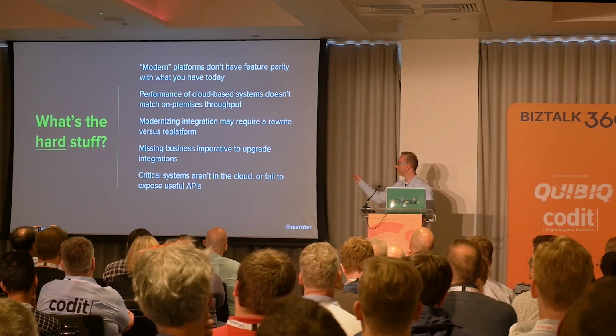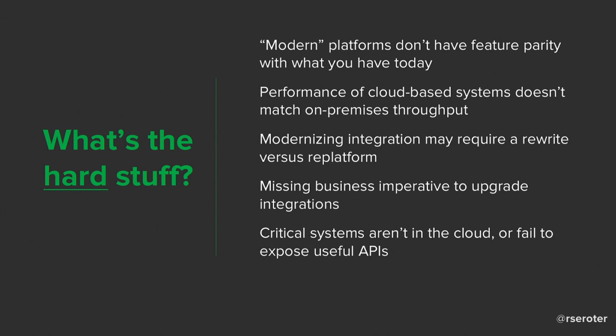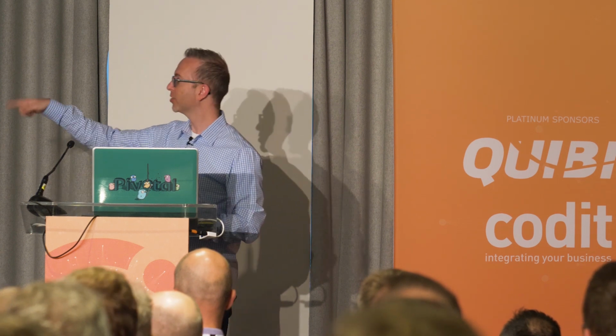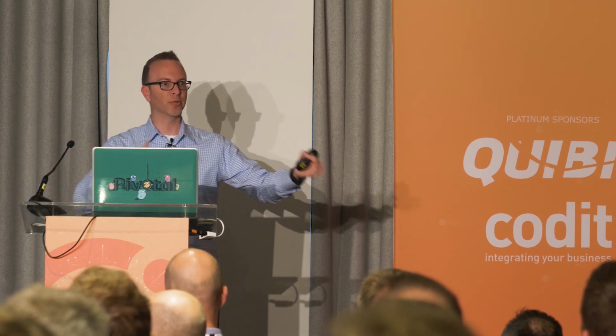You might have some critical systems not in the cloud or they don't have APIs that can help you integrate with them. You're still talking to their back-end database, or hey, we're trying to move this to the cloud, but by the way, all our critical data is sitting in a Siebel system on premises. Yes, you can use gateways and all these other magical things, but maybe the latency stinks. Maybe there are other requirements that you can't meet. So this gets really hard when all of your systems can't move around.